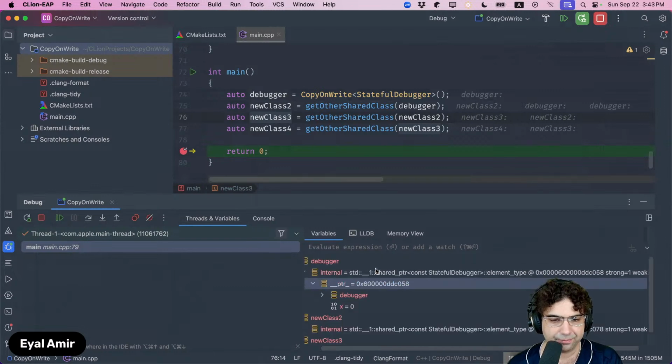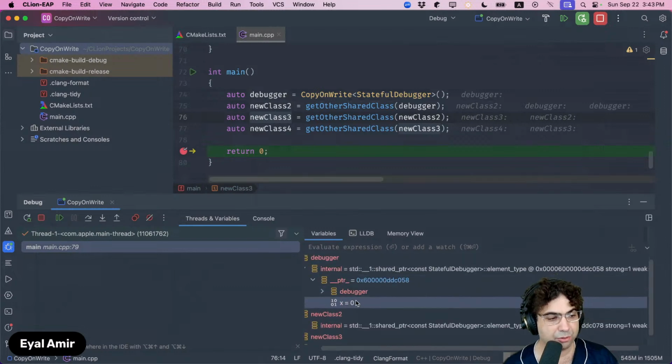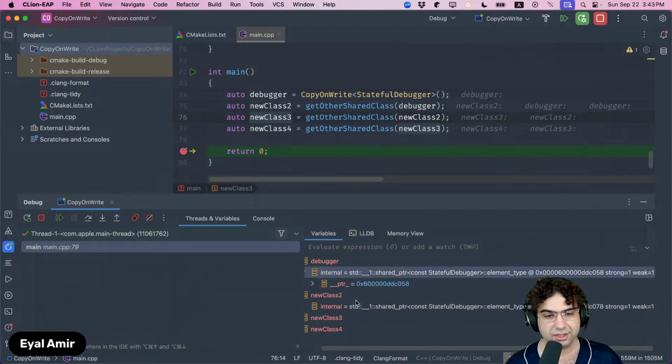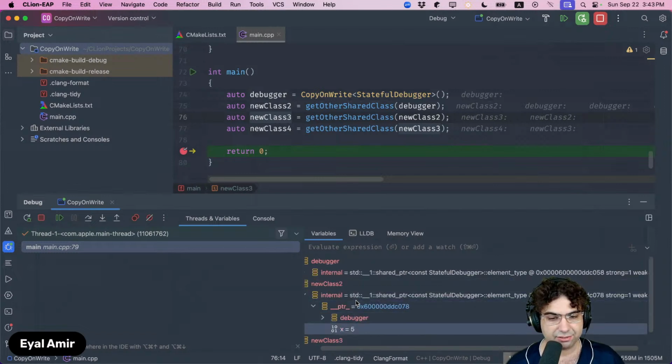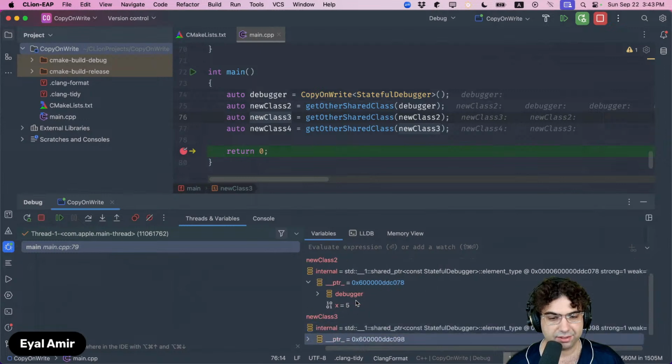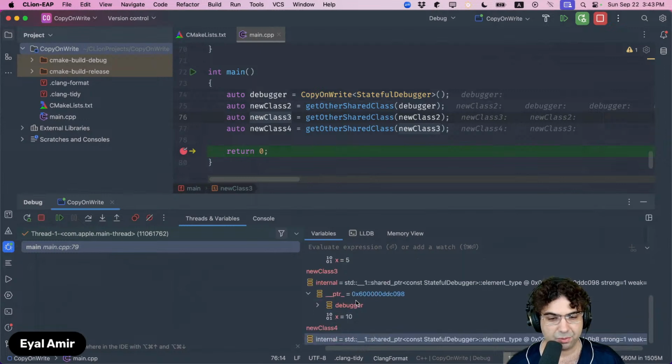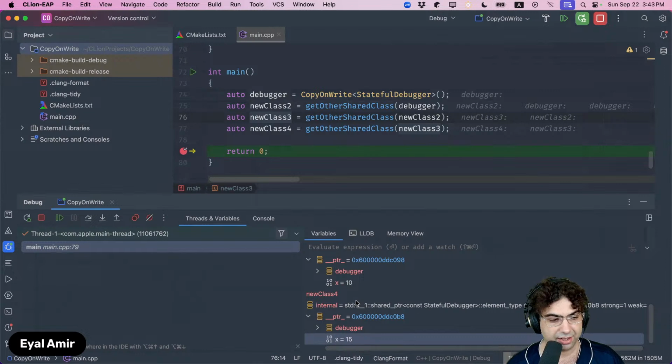So the initial one still has 0. It was never modified. It's an immutable value. Second one has 5. Third one has 10. The other one has 15, right? Another value. So this basically gave me